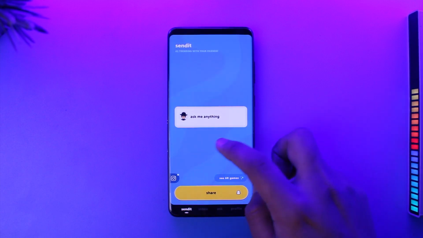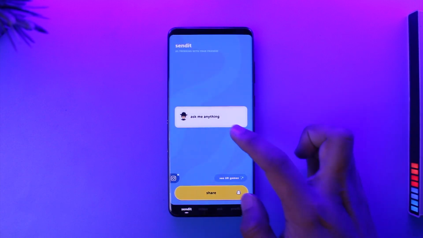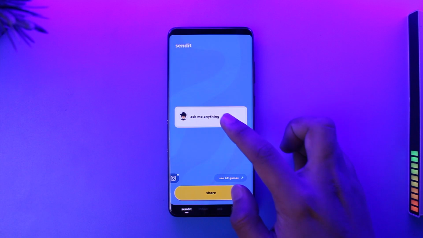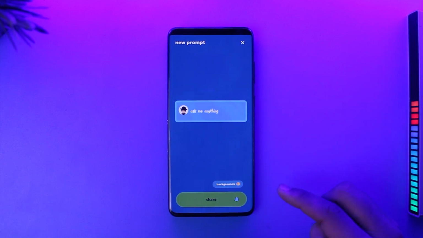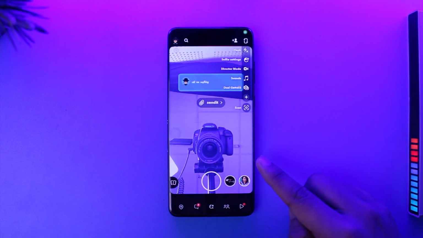Now once I've done this, I can simply choose the games that I like over here. So I can say this one particularly, I can select Ask Me Anything depending upon what I want here. I can do that, then I can tap on Share, and I can simply share them directly to my Snapchat